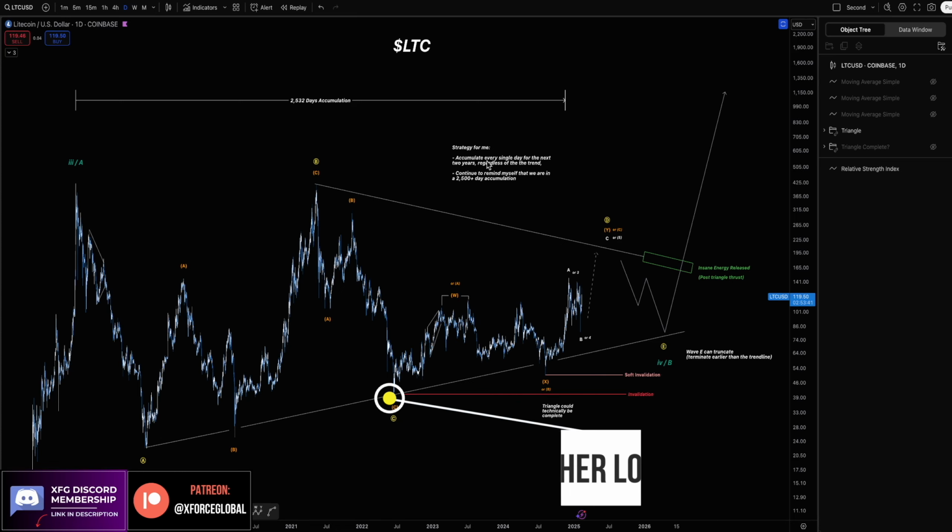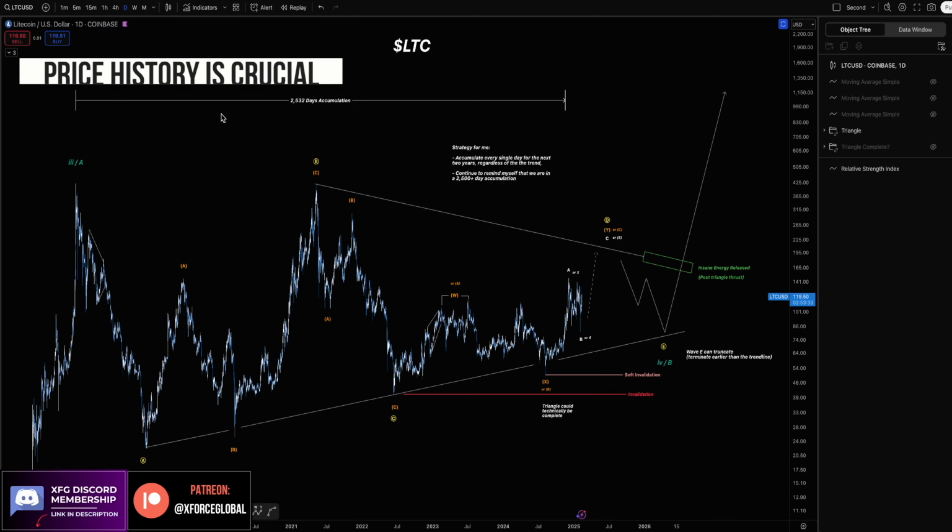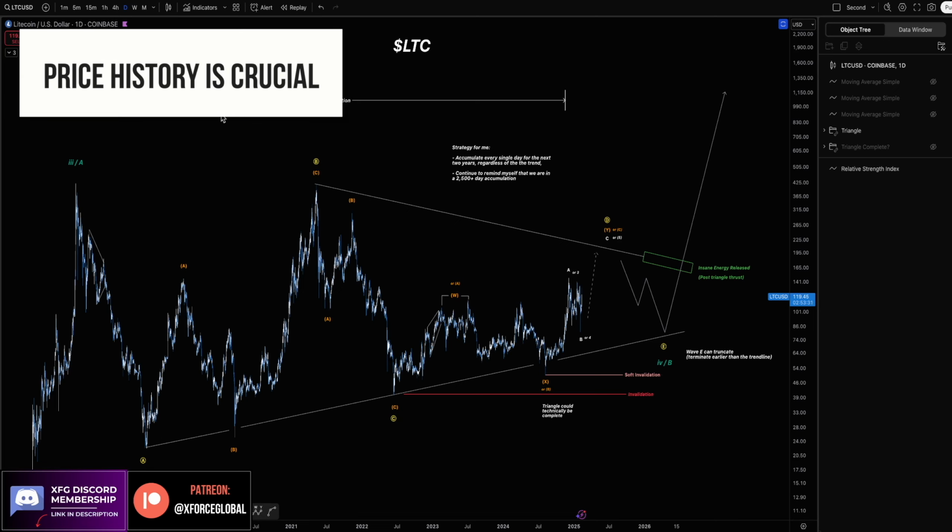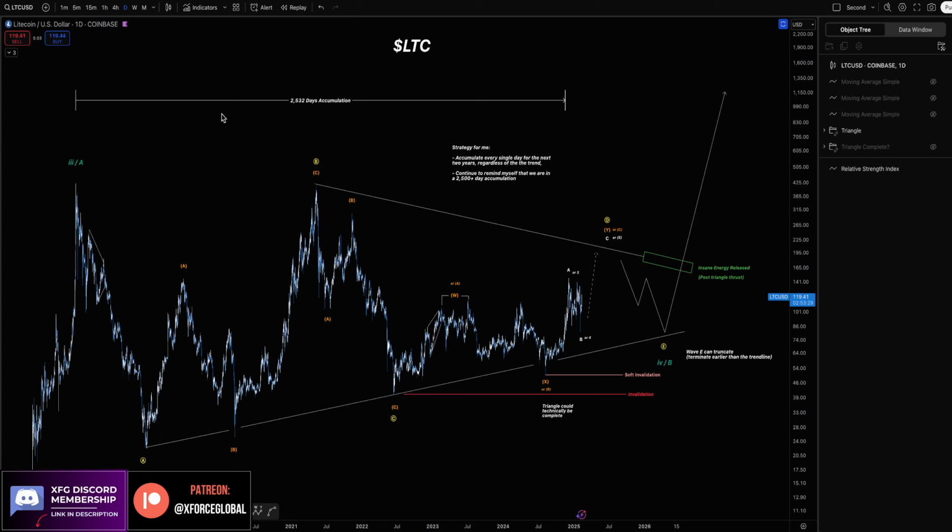As you can see, we are currently on the 1-day time frame. And there is no better time to do so in terms of making sure that price history is one of the biggest factors that we have to use when selecting these coins. We have to be extremely selective more than ever as the markets are now highly saturated with useless projects. I think we have a lot of PTSD going on right now with meme coins. They're quite short-lived if you really think about it.